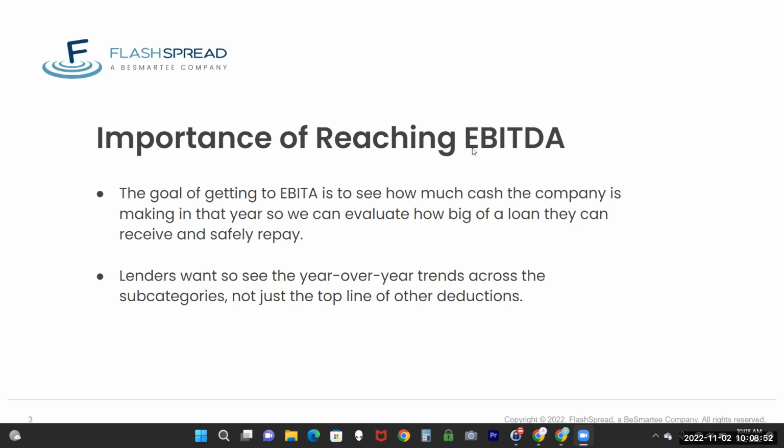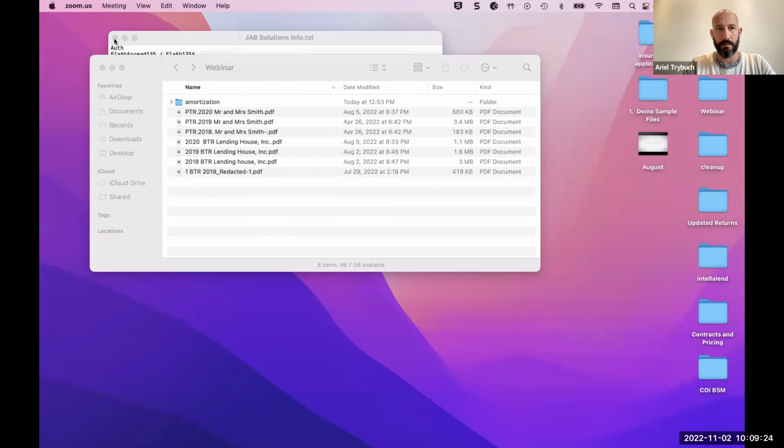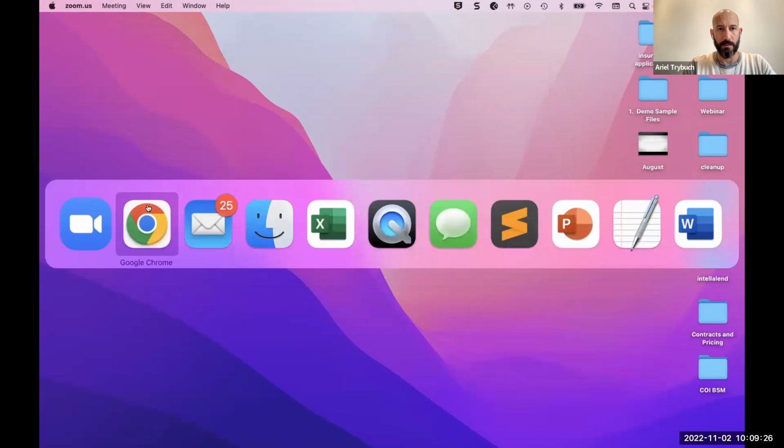Yeah. Sorry about that. So the goal here is just to show you how we can dive into the supporting statements. And so those can be found on a number of different fields, such as other current assets, other deductions, other current liabilities, and then just to show you how we can try to arrive at an EBITDA and or direct cash, net cash flow number with as much automation as possible. And with that, I will share my screen and dive into